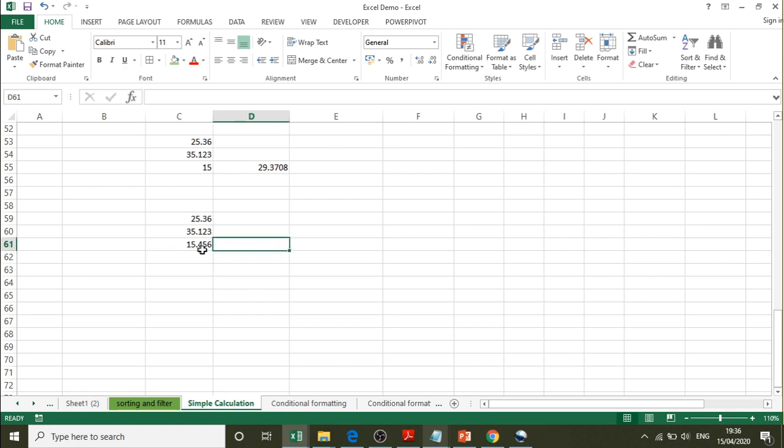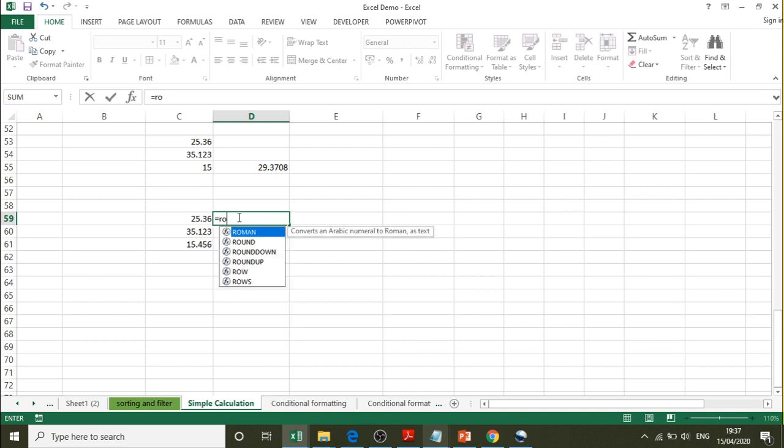Here I want to remove the decimal. Say for example in this 25.36, I want to retain only one decimal value. That means it should become 25.4, but when I use increase or decrease decimal, it is just hiding it and not removing the decimal. So the function I have to use is equals round, give the cell address where the decimal value is present, and after the comma, how many decimal places you want.